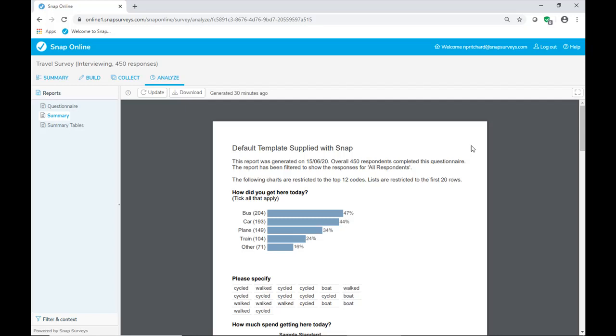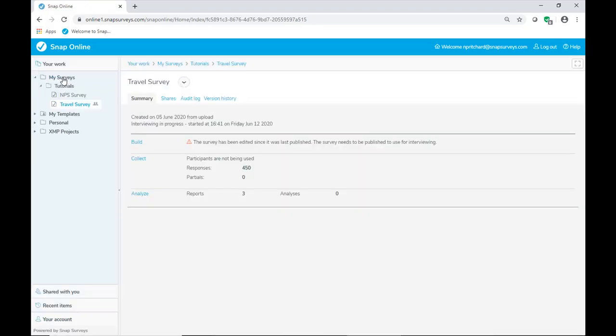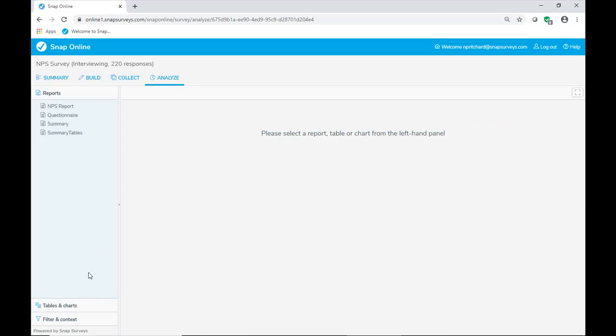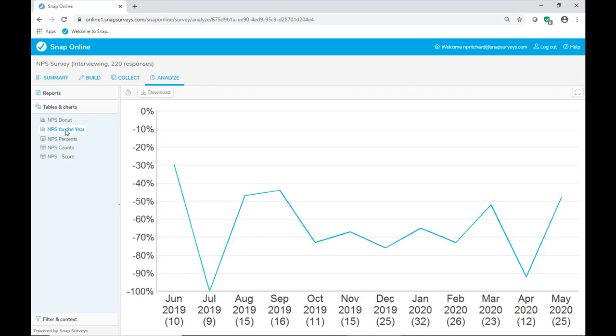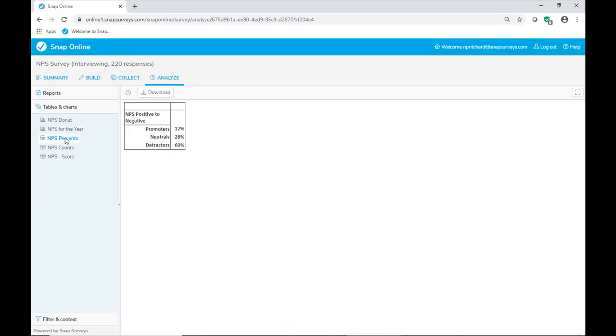Okay, I'm now going to take you into a more detailed report which has been built using the power of Snap Desktop. So this survey has 220 respondents. If I go into the Analyze tab. So first of all, there's some tables and charts built into this survey. So these again were built using the power of Snap Desktop, and then the data populates them in Snap Online. Okay. But if I go back to the reports,